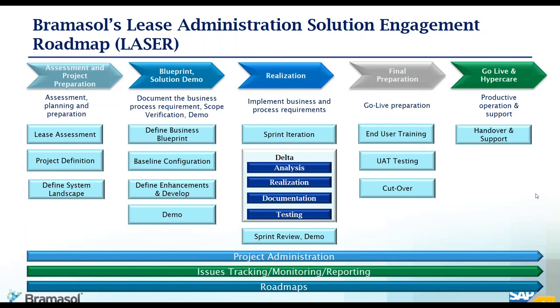Then you go to the final preparation, where we prepare for end user training, UAT, and cutover activities are defined. What are the background jobs that will be executed? Who will be there? You understand there are a lot of job descriptions changing because this is a new tool, a new accounting policy, and new steps are included. New transaction codes are included. So there are some SOD, segregation of duties, changes here. So we have to make sure those are also part of the plan as part of final prep activities.